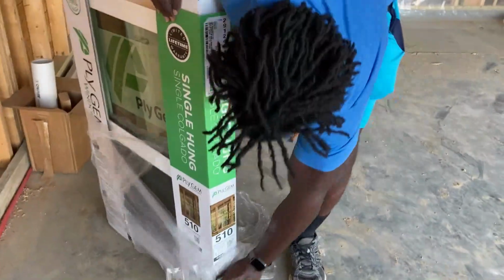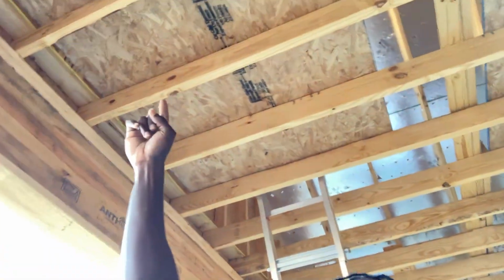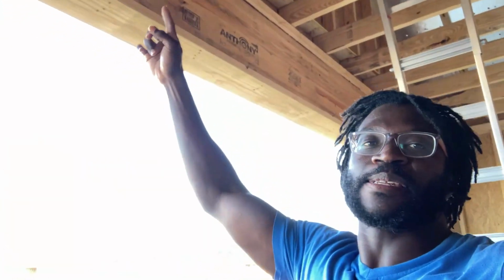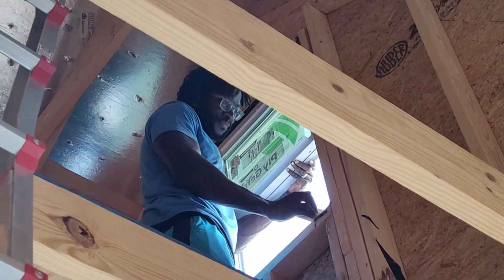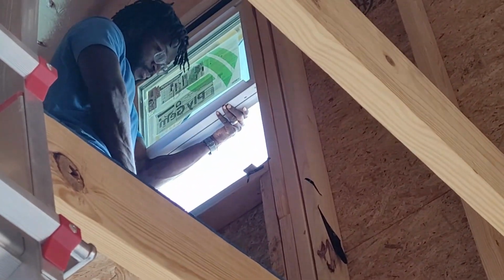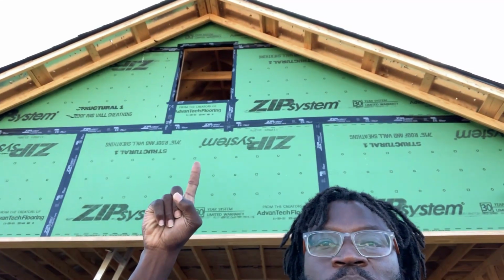And the plan is, I'm gonna take that, I have this ladder here, and I've placed some flooring up above me. And so that will give me a solid base to set that window up near the window opening. If we come out here and we look up, see right there behind me, that's the window opening where we're